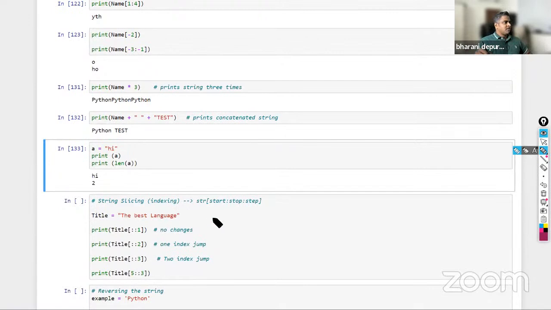String slicing or indexing is given. If you say string, first it is start, where should I stop, and what should be the steps. You're creating a variable called title and using assignment operator, you're assigning this, the best language string. Always strings are represented either using a single quote or double quote or triple quote, doesn't matter, right? But if you give 4, it will throw error. So let me quickly show you that. Okay, here I'll go here. If you put triple quote,